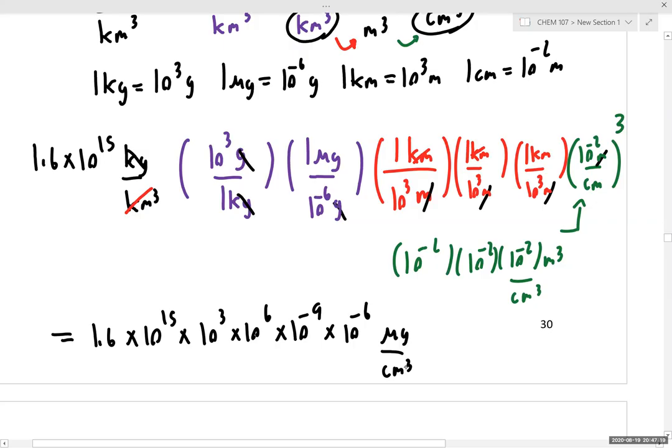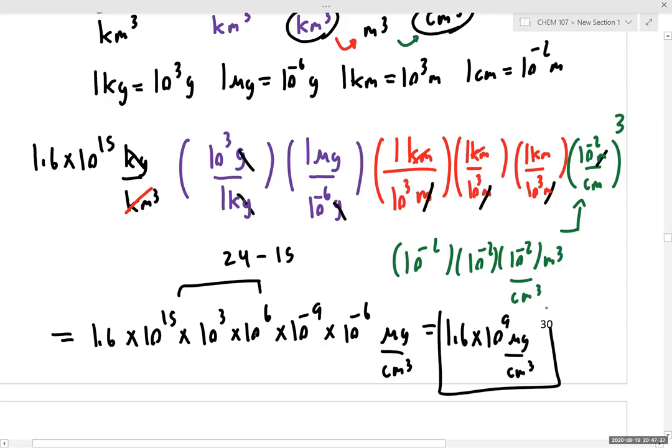And if we write this out, that gives us 1.6 times 10 to the